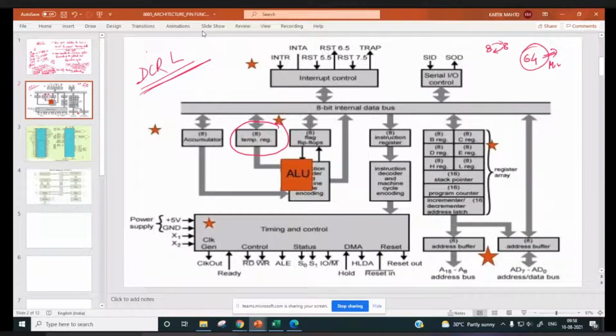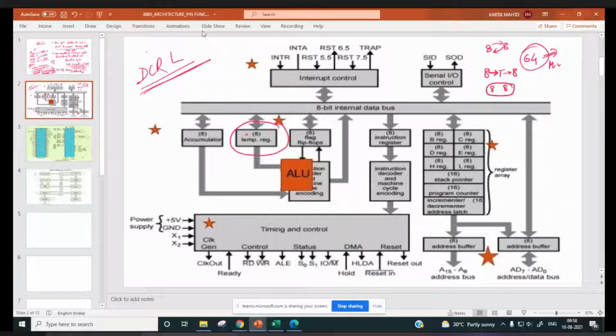commands, right? Now, suppose we have a temporary register in between. So 8 registers and a temporary. 8 to temporary will be 8 micro instructions, and temporary to 8 will be 8 micro instructions.